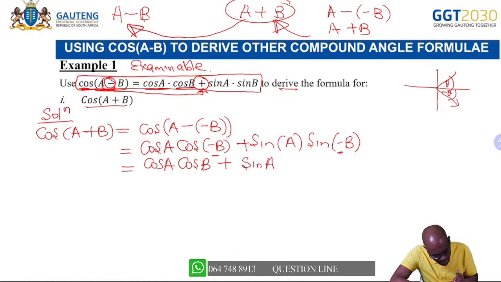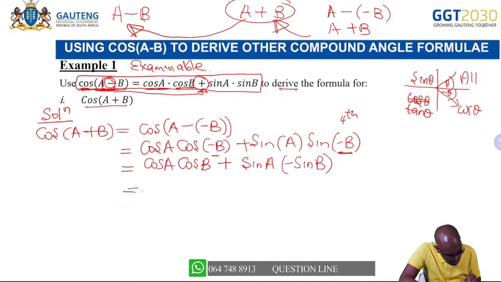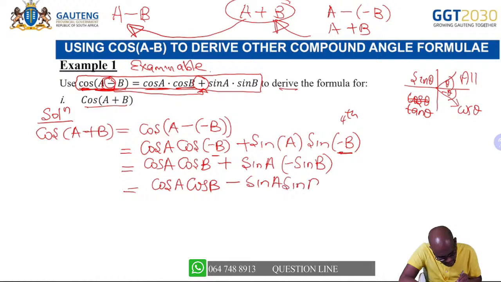sine A, but now you have negative B, and negative B is in the fourth quadrant, and sine in the fourth quadrant is negative, because all of them are positive in the first, sine is positive in the second, tan is positive in the third, and cos is positive in the fourth quadrant. So sine would be negative, so this would be negative sine beta. So now if you simplify this, you get cosine A cosine B minus sine A sine B,